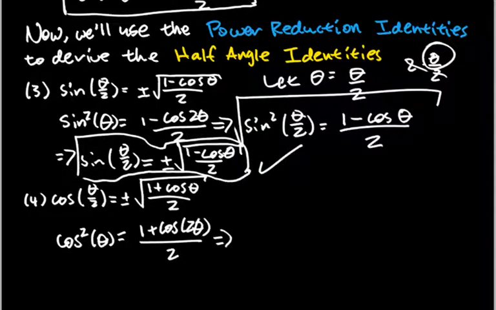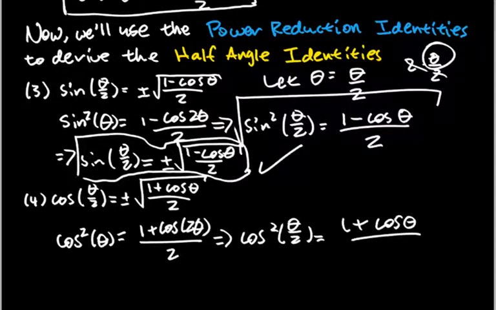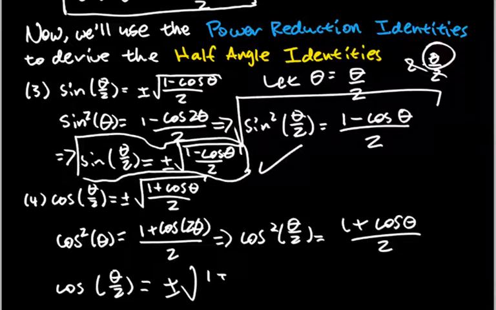Similar thing over here, cosine squared of theta over 2 equals (1 plus cosine theta), all divided by 2. Square root the whole thing, we get cosine of theta over 2 equals plus or minus the square root of (1 plus cosine theta)